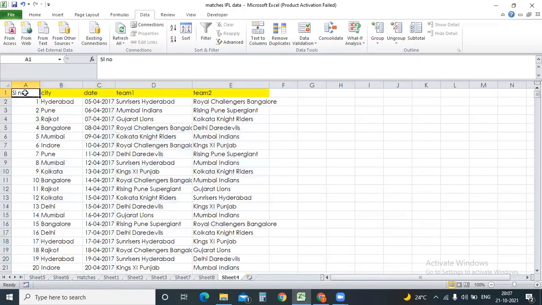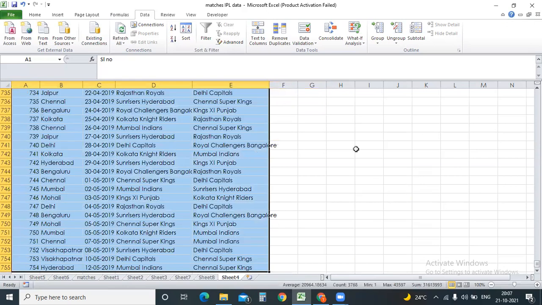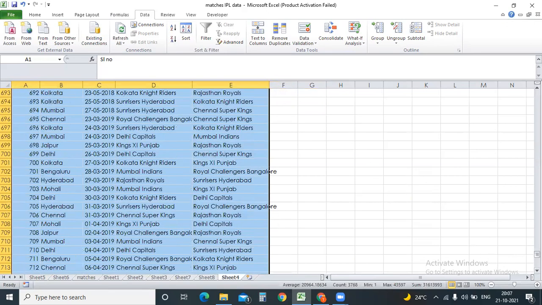Let me repeat: Control Shift Right Arrow, Control Shift Down Arrow. As soon as I press the right arrow, whatever data you have, say in column A through D, will be automatically highlighted. Now Control Shift Right Arrow and Control Shift Down Arrow. Now we have the data.